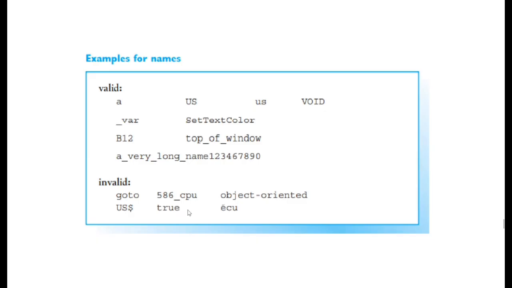How is the compiler going to be able to interpret your code if you are using predefined values? And that's where the issues arise. So this is something definitely to bear in mind as you're coming up with names, and there will be a lot of that during the creation of your programs.